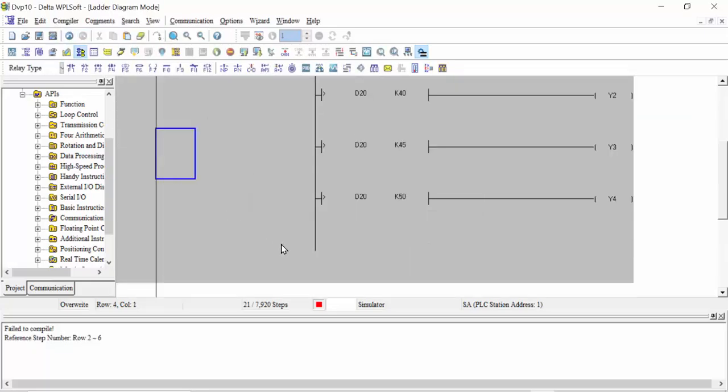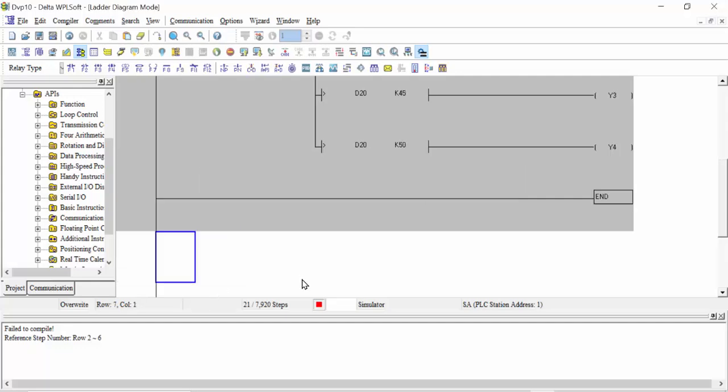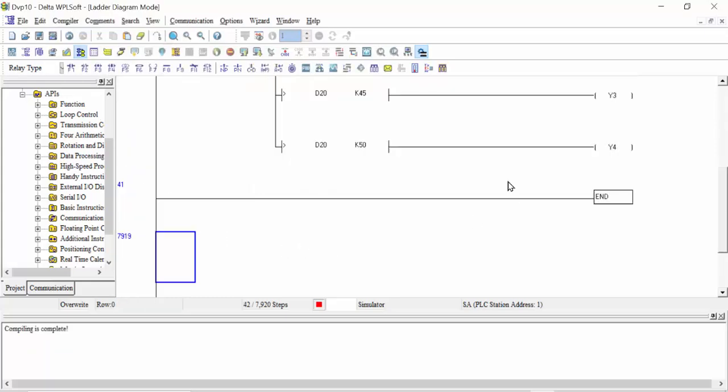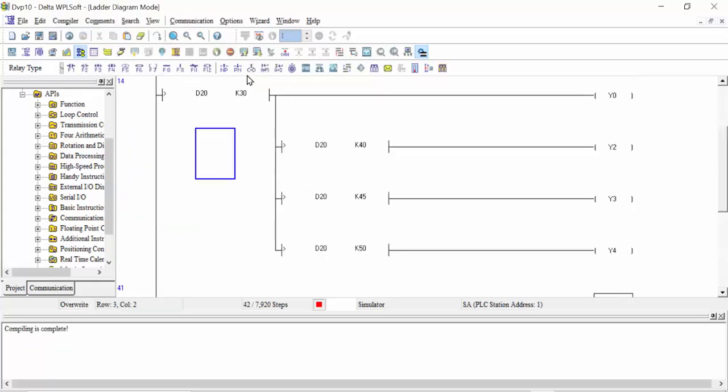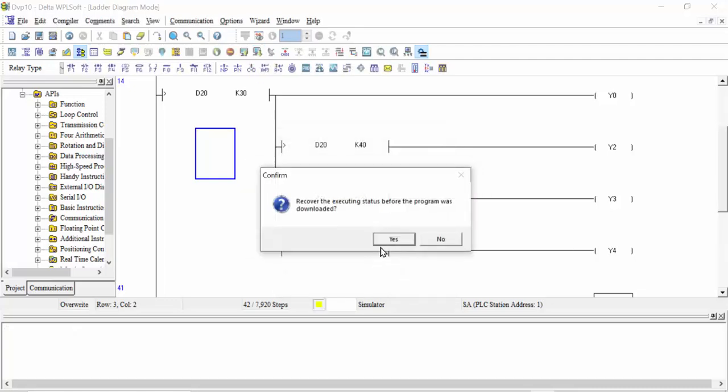What's the problem? Why is this compare instruction not working? Yeah, here we also have to make one line for the END instruction. In a Delta PLC, if you do not put the END instruction, your program will not execute. Go online to the PLC